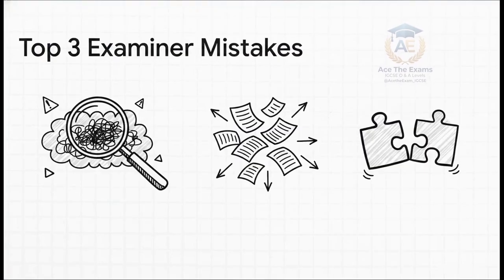Look, before we can even begin to build a flawless response, we need to understand exactly what goes wrong in the exam room. Here are the top 3 mistakes pulled directly from the Principal Examiner reports. First, answers are often far too vague. Cambridge examiners are totally ruthless about this. They do not want general sweeping statements about how the internet changed communications. They demand highly specific, granular details about the exact innovation in question.